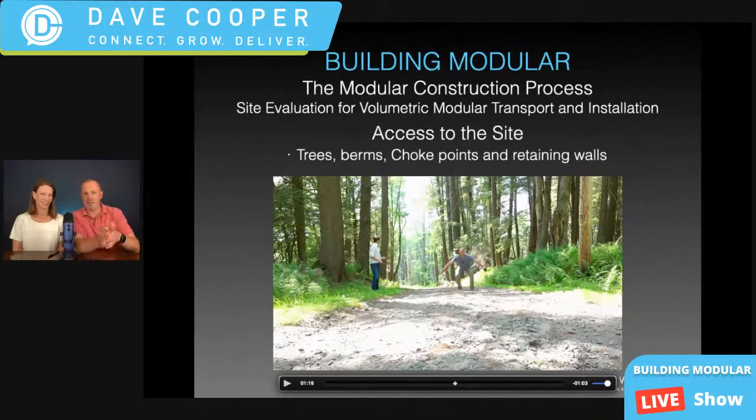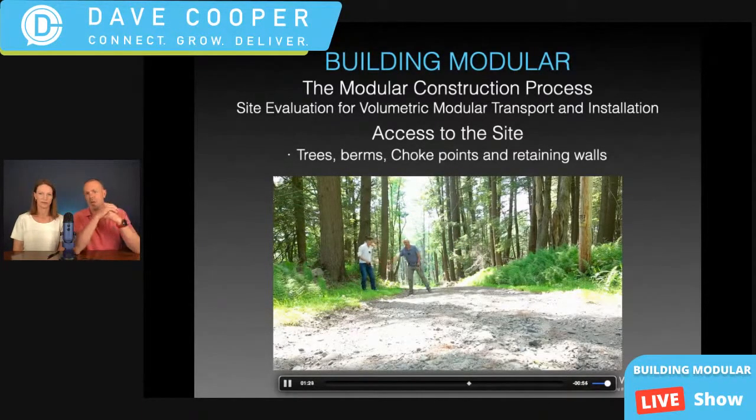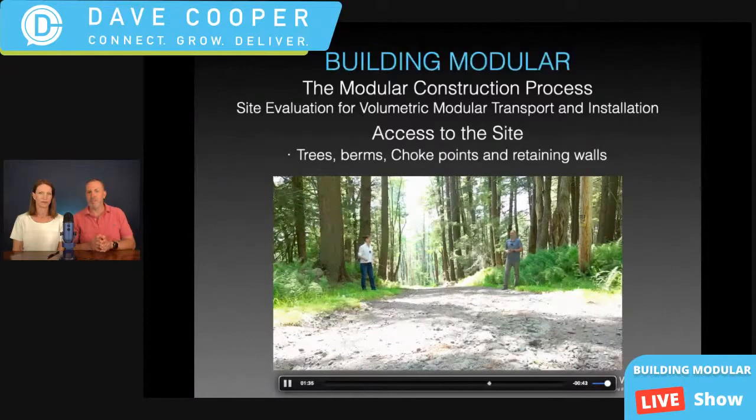So this is a choke point currently that we're looking at. What we're getting ready to do is we're talking about the telephone pole on the right and the tree behind Jennifer on the left. And we're going to start measuring across there. Now, at this particular point, we could get through here without very much issue whatsoever. That was 20 feet. But there's some other concerns that you have to be aware of because these modules are